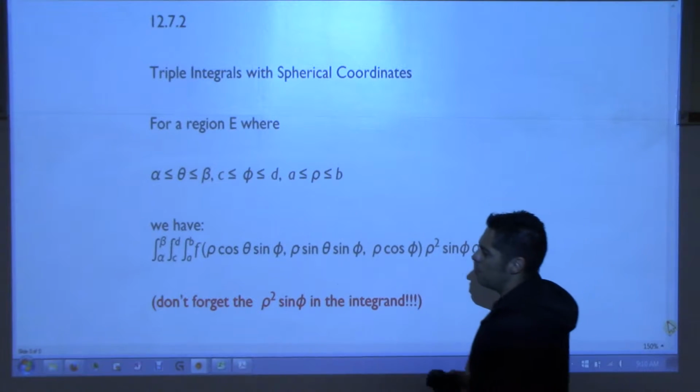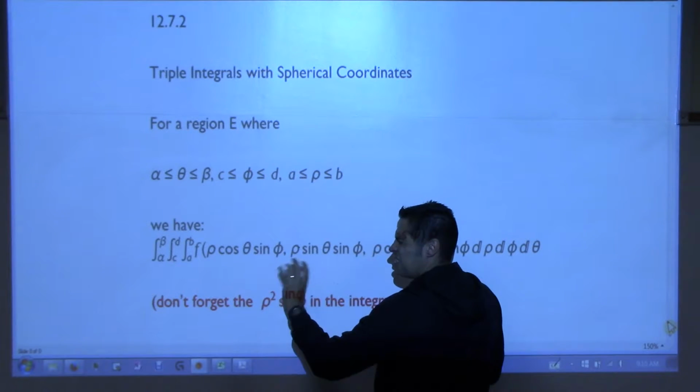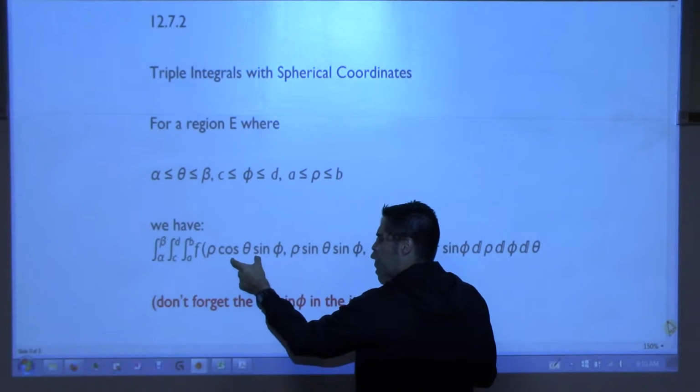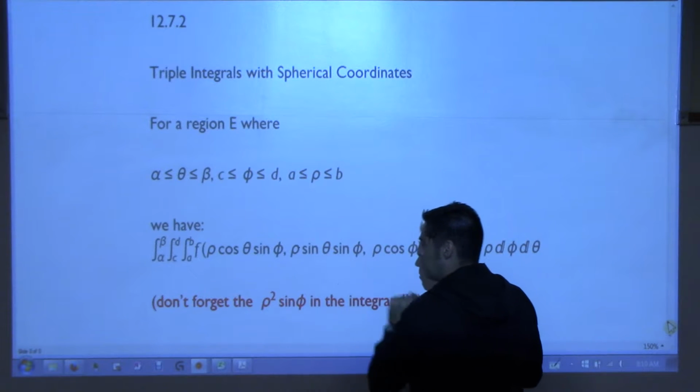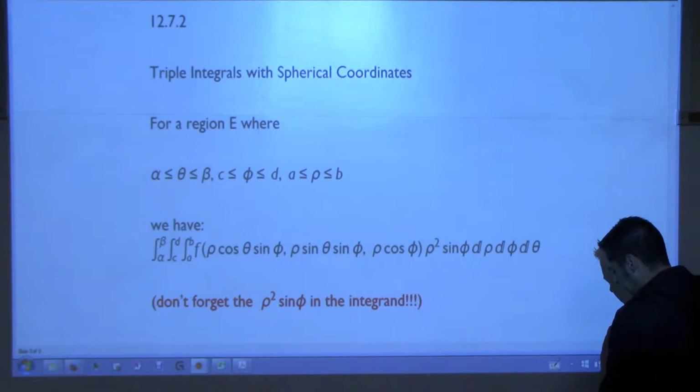And then all you do is you go in the function, you replace the x with, remember what I said, we have to turn x into something ugly. Here it is. All x's will be replaced with this. All y's replaced with this. All z's replaced with this. And then we have this very important